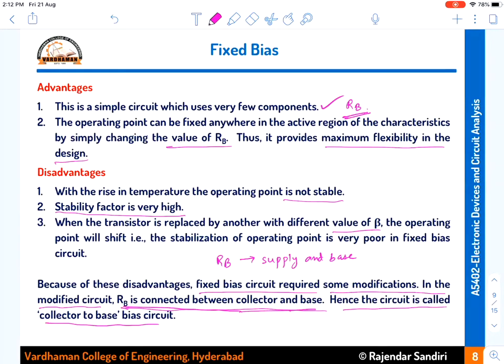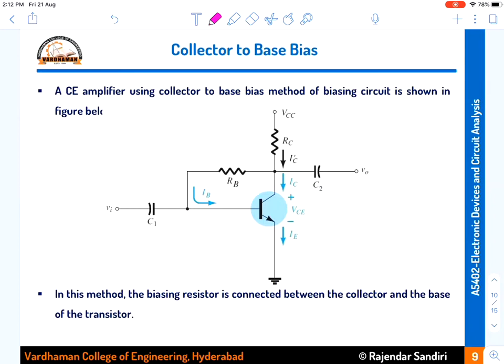The circuit diagram you can just look into for collector to base bias. Instead of connecting a resistance RB from the base to the power supply, we have just modified this. If you do like this, then we call that a fixed bias. Now what we have done, I just removed this, and instead of connecting it here, I am connecting that to the collector. Instead of connecting this to the supply, I am connecting it here. Therefore, it became the circuit like this.